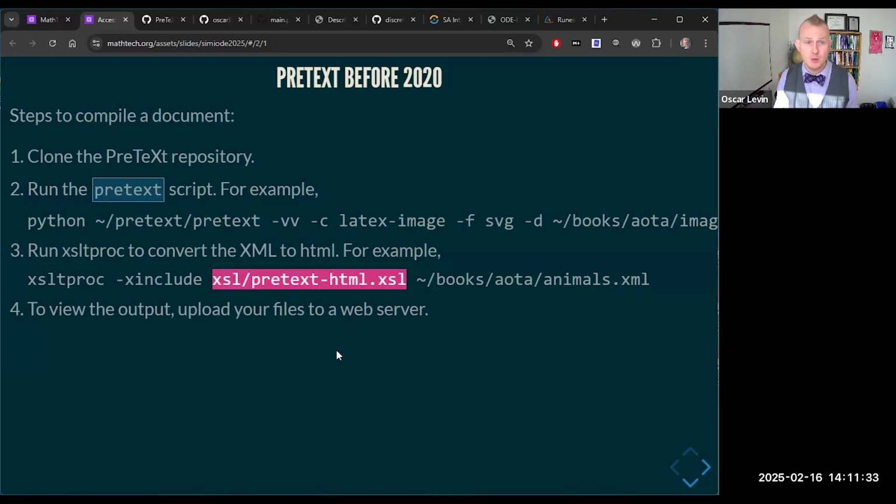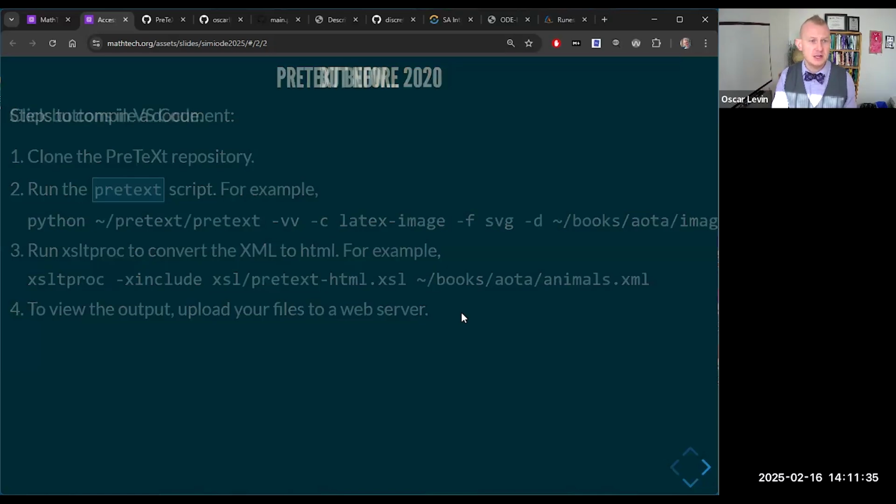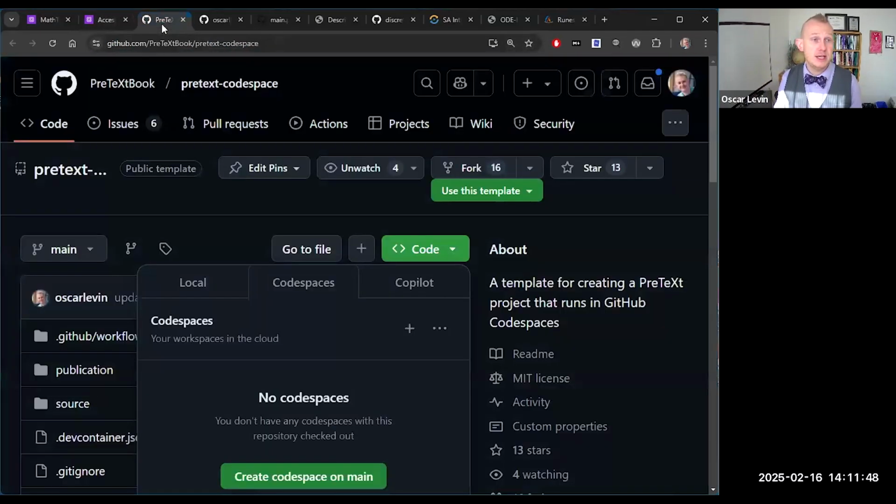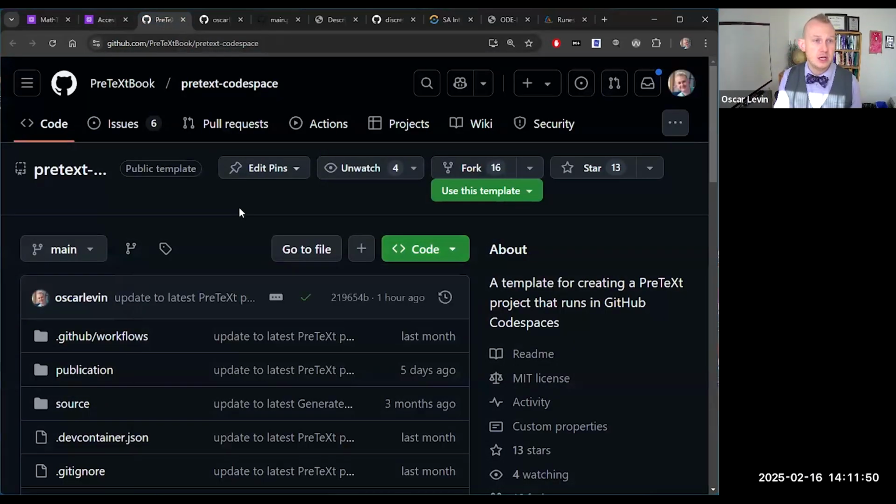So one of the projects that I've been working on for the last 4 or 5 years has been to let you do all of this just by clicking some buttons in VS Code. So let me show you. So let's say you wanted to start a new PreTeXt project. What you're going to do is you would go to this website,